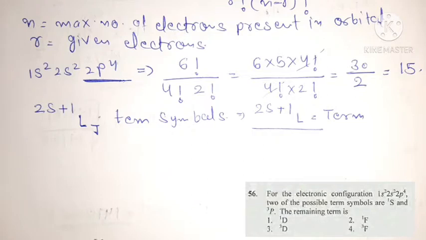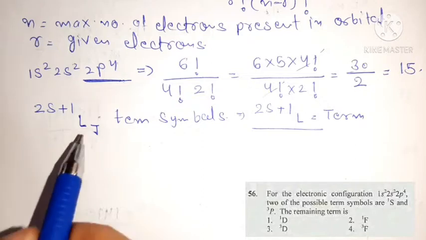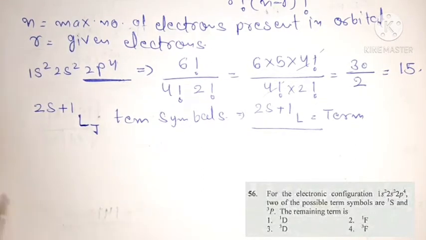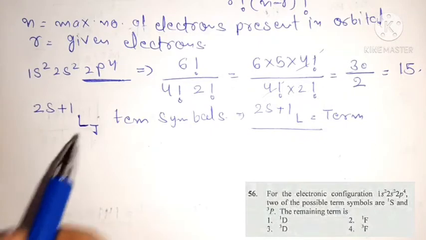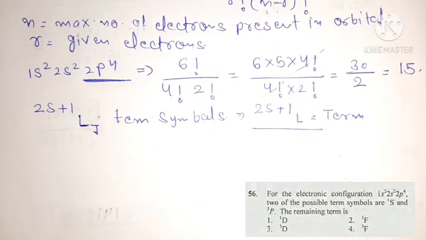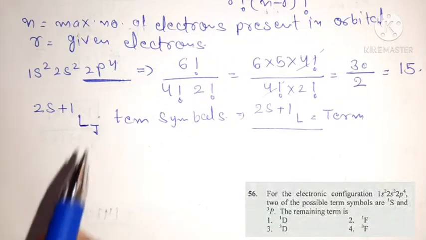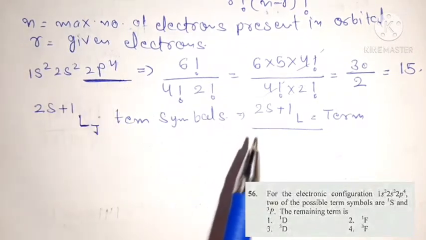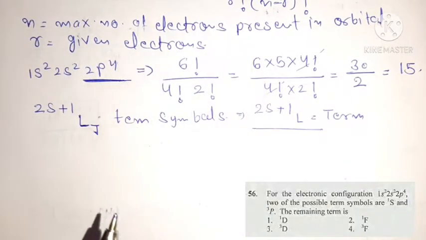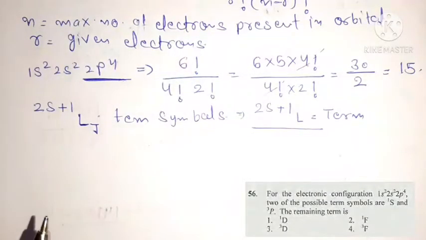Okay, let me explain what I want to say. First of all, we know that this is the formula for finding your term symbol. Okay, this will be found out when you have value of S, L and J. Okay, but when you have value of S and L, then we have a formula for finding microstates. We have a formula for finding microstates on the basis of your number of electrons or on the basis of your electronic configuration, understand? But we have another formula which is based on the value of S and L from which we find the microstates.